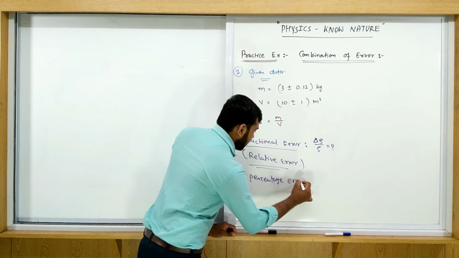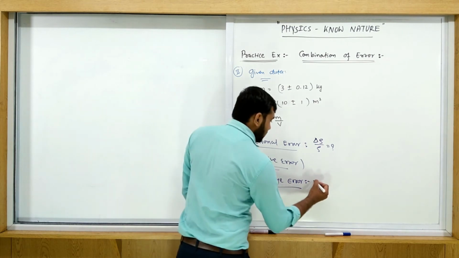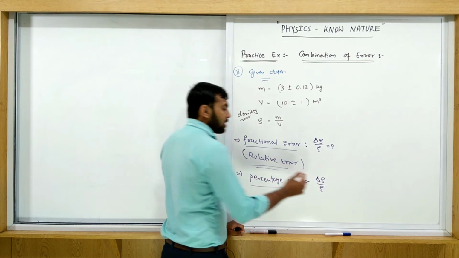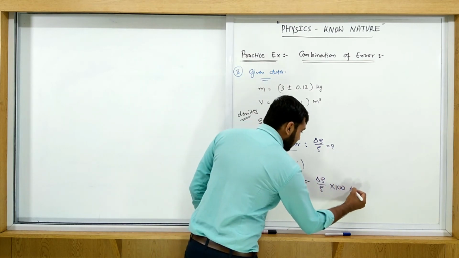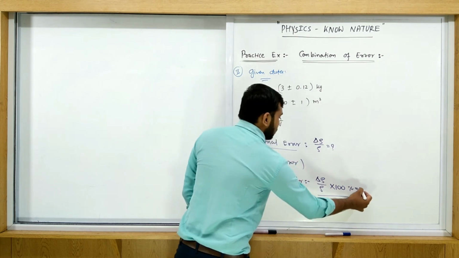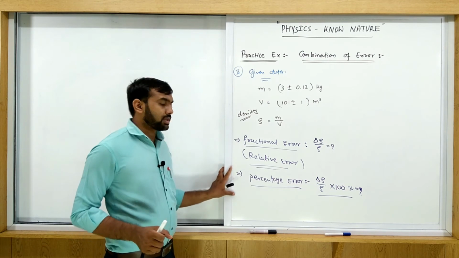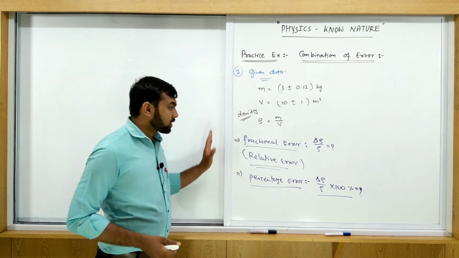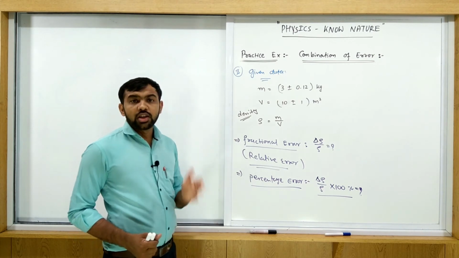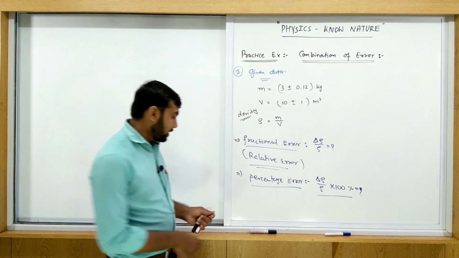What is the percentage error? Percentage error is equal to delta rho upon rho, means relative error, multiplied by 100%. You have to find this one. So in this case you find the fractional error first, then after that the percentage. Okay, all of you pause your screen for 30 seconds and then try to solve this example by yourself. Okay, your time starts now. Okay, let's see.